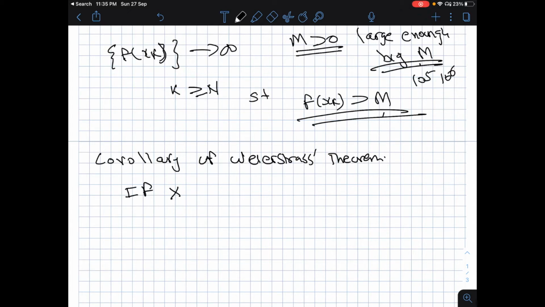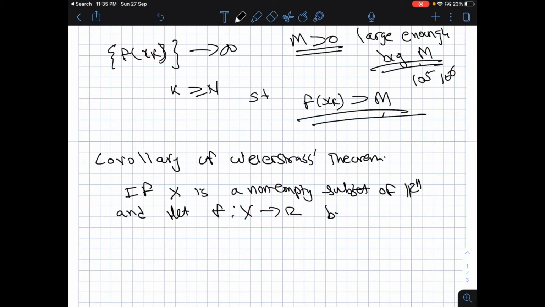if X is a non-empty subset of R^n, and let f be defined from X to R, be continuous. Again, Bertsekas actually discusses it with lower semicontinuous functions, but as I told you, in this course I am keeping it simple with continuous functions. f is continuous at all points of X, then assume